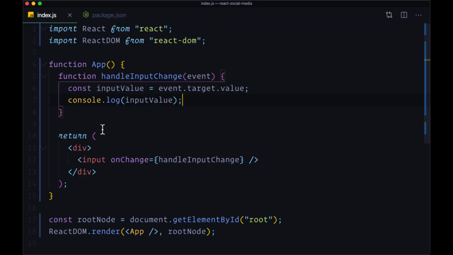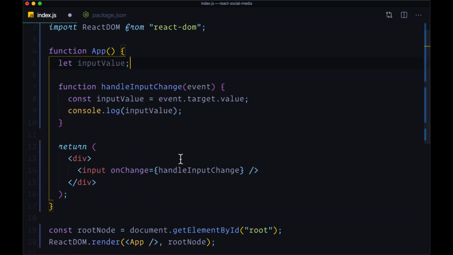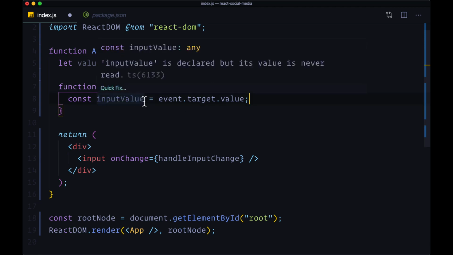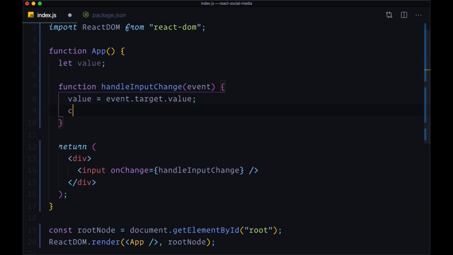In other words, if we want to store this input value, the value that a user typed in, where could we do that? If we thought about this for a second, we might opt to create a variable with let, where we could hold on to the value that was typed in. And maybe we call this value instead of input value. And we could remove this input value variable. And every time this function runs, whenever there was a new change event, we could just update this value here. So if we were to try that,